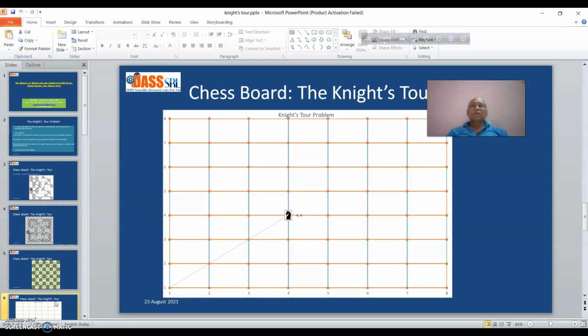I have created an MS Excel worksheet where I have demonstrated the same problem with some code. And here my knight is at a starting point, which is at cell number 4 by 4, and we have put a slider on that. When we move the slider from 1, 2, 3, 4, 5, 6, 7, 8 like that, the already known movements, the knight will start to move in that.